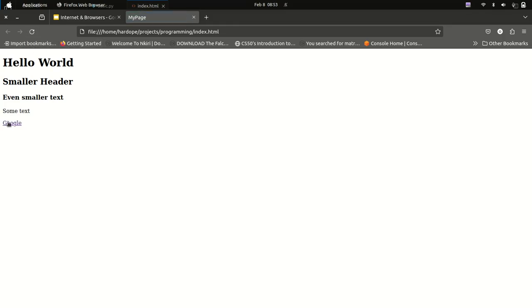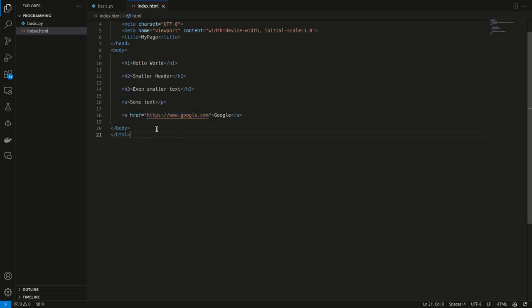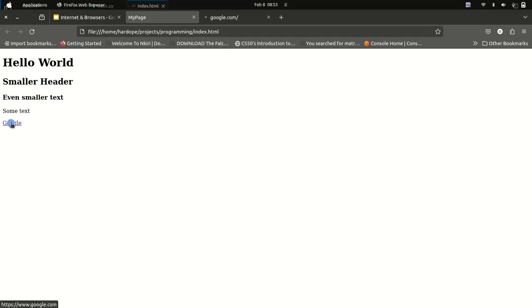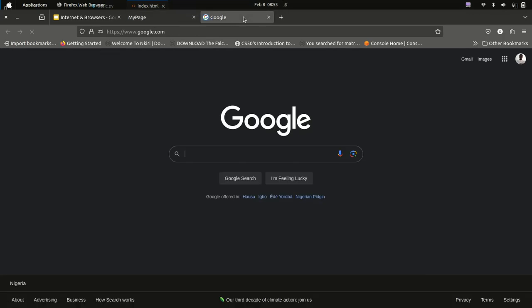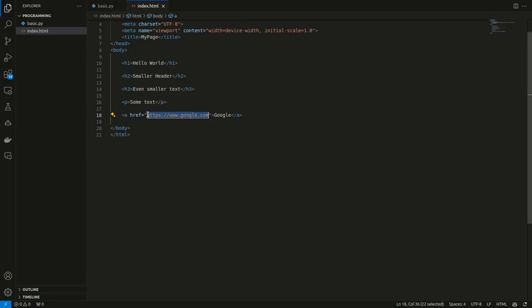Now you can see we have this Google. It's a text, but it's colored, it's blue or purple in color, and then it's underlined. So this tells you that this text is actually a link. But now we are not seeing this link there because it's basically hidden or embedded inside of it. So now when you click this text, what you get to is the link that is inside of it, like google.com. But now you can see here we have just the google.com inside of the HTML tag, then the text that is going to be displayed right here.